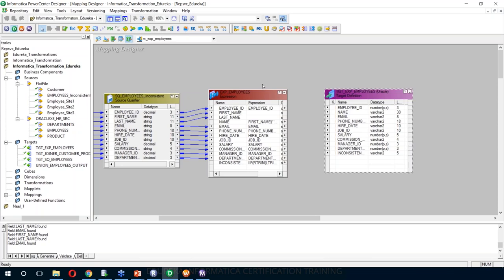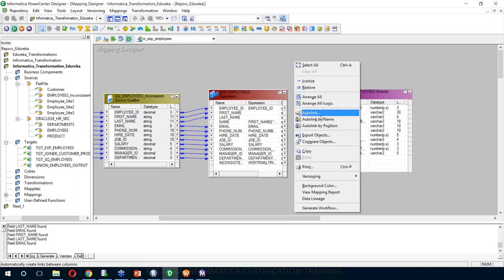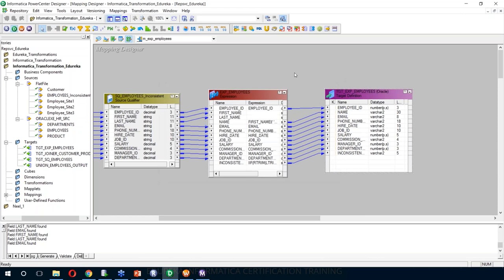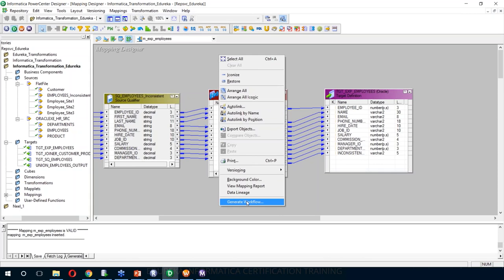The final step is to link the expression transformation to the target definition. Right click on the workspace and select auto link option. Click on apply, and with that we are set. Save the mapping and check whether your mapping is valid. As you can see, it is. Now it's time we create a workflow for this mapping. Right click on the workspace and select generate workflow option